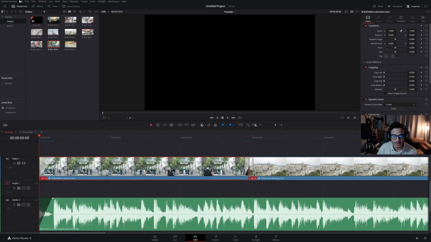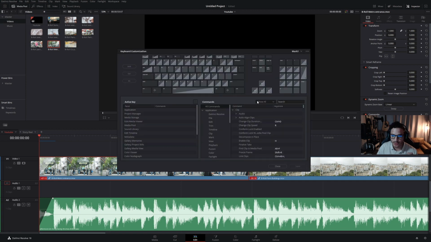Here's 3 tips to help you edit faster in DaVinci Resolve 18. Up to the top left where it says DaVinci Resolve, and where it says keyboard customization. So what this effect is called, it's called ripple. So we'll just pull